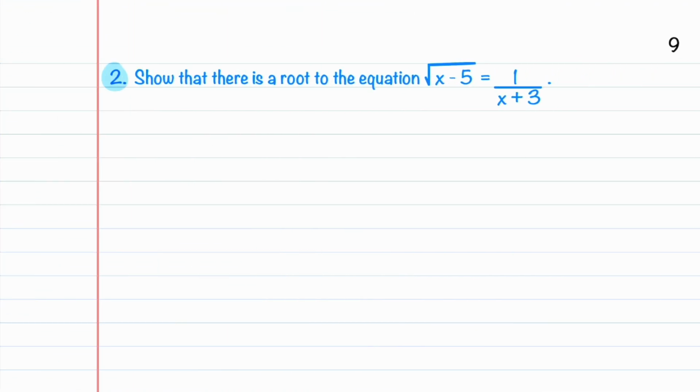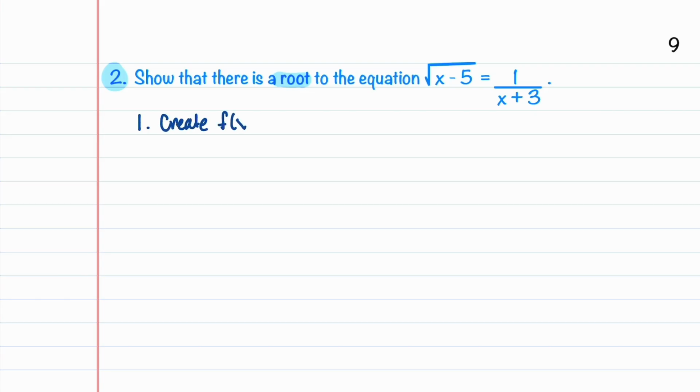Let's now look at our second example. This example is similar to our first example, but a little bit more complicated because we are not given an interval. In this problem, we are asked to show that there is a root to this equation. We are going to solve this problem in 2 steps. Our first step, we are going to create